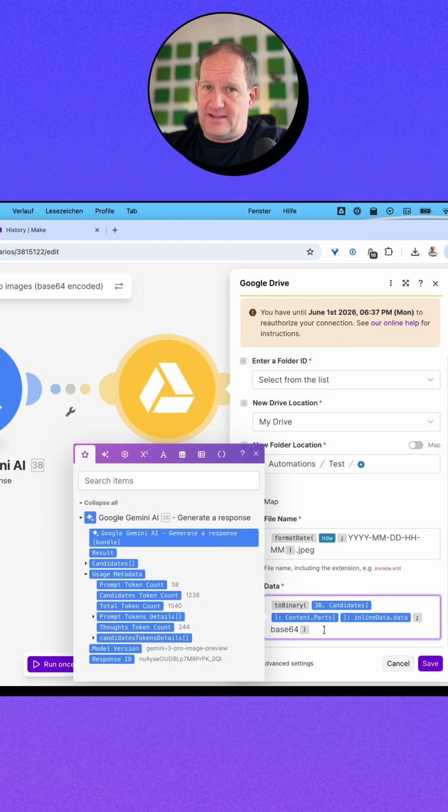And again, to use this string that you saw in the JSON response, to actually save that as a file, you need to use the toBinary function to take that string, to give it a decoding algorithm, in this case base64, and that will decode this string and put it into an actual physical file,